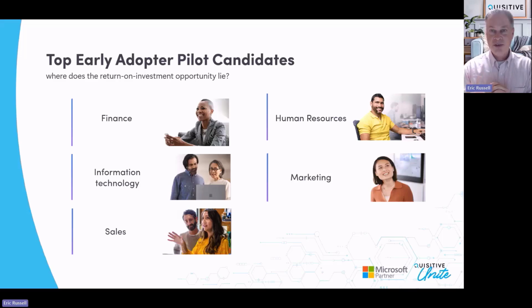So there's two reasons for this. So you got finance, IT, sales, human resources, and marketing. But there are two reasons why we recommend you start with these 5 departments. Now, this isn't to say you limit it to just these 5, but if you're looking for a place to start, these are the 5 that we would suggest. And the reason we do that is for 2 reasons. Number one,